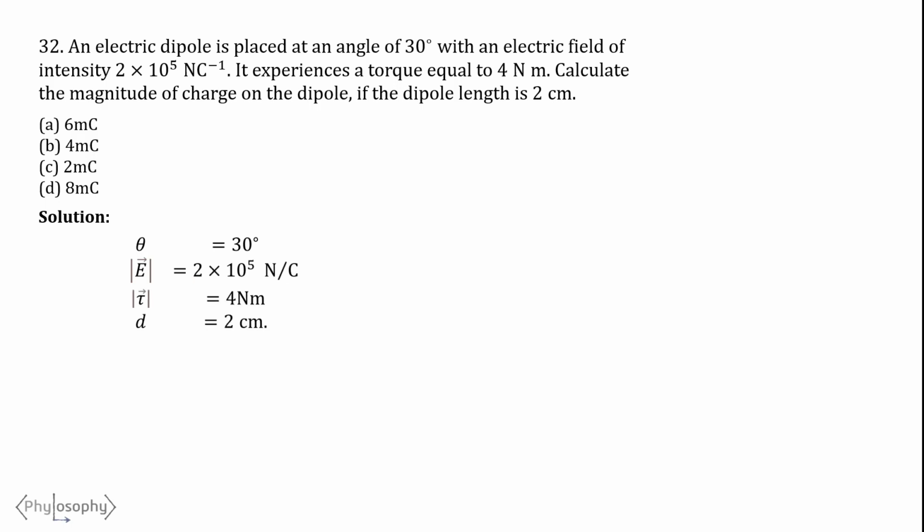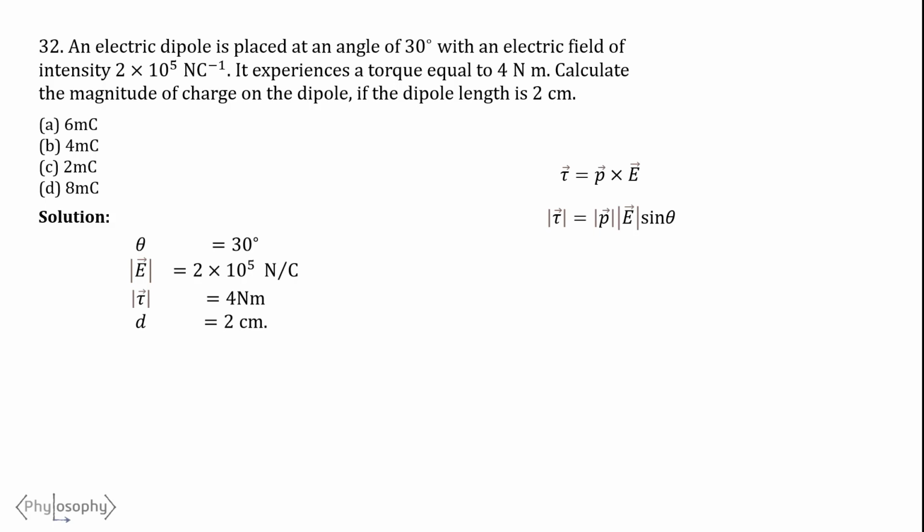The magnitude of the electric field intensity is 2 times 10 to the power 5 Newton per Coulomb, the value of torque is 4 Newton meter, and the length of the dipole is 2 cm. Again, we know that torque acting on an electric dipole is given by the formula tau equals P cross E, where P is the dipole moment and E is the electric field. Or this can be written as mod of tau equals mod of P times mod of E sin